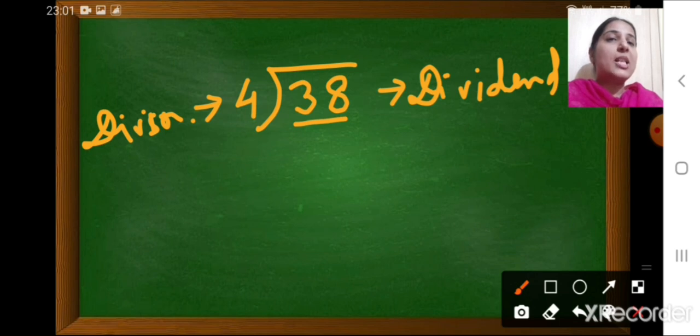So now let's divide. First just see this divisor. First we will start with the leftmost number here. We will take one digit, which is at the leftmost side. And what is the digit here? It is 3. Whereas the divisor is greater, isn't it? 4 is greater than 3. So division is not possible. So what will we do? We will take one more digit. When we take one more digit, it will become 38. So now we will see how many times 4 will give you 38 or less than 38. Okay.